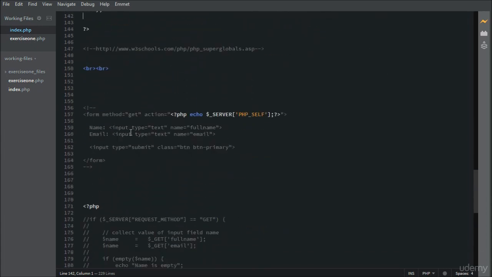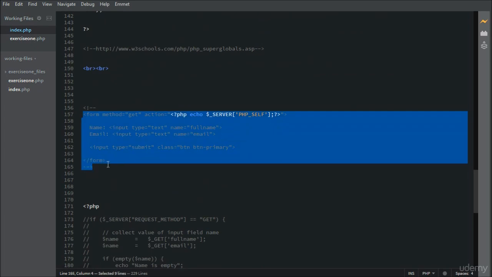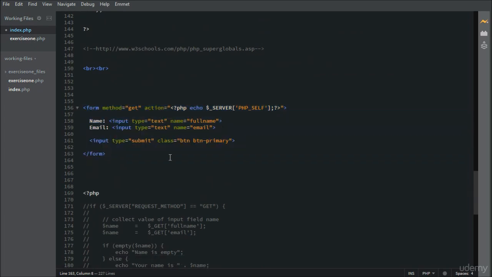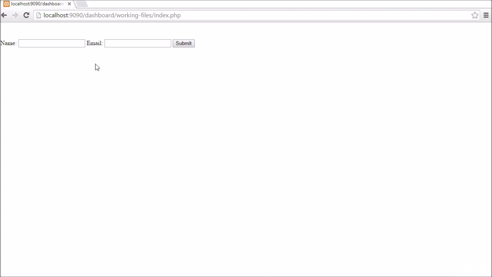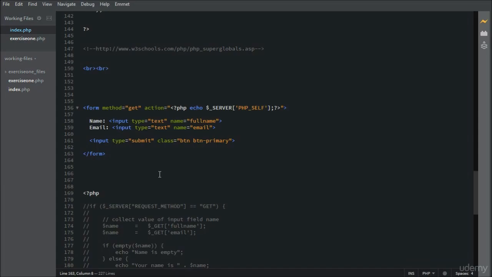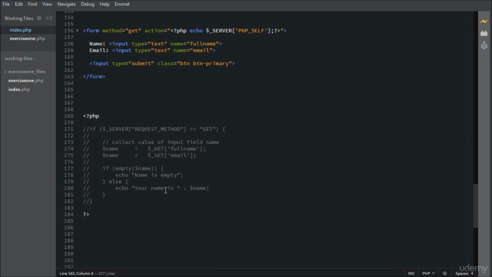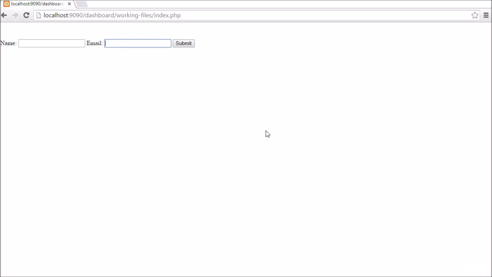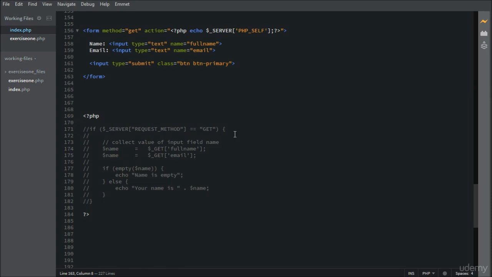So I went ahead and I got myself a form here. All right, now let's just save this and see how the form looks in the browser. Right, so it's just a simple form with two fields, name and email. All right, and then what else we got? We got a PHP file that is going to process the information that we get from this form. All right, now let's start